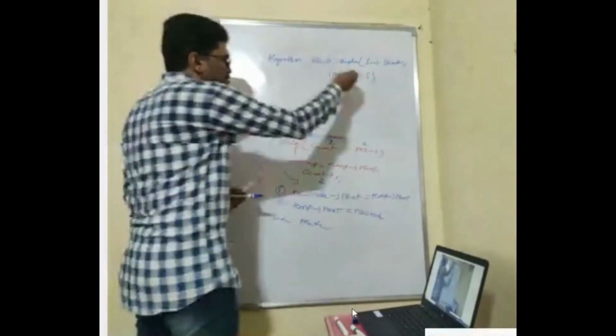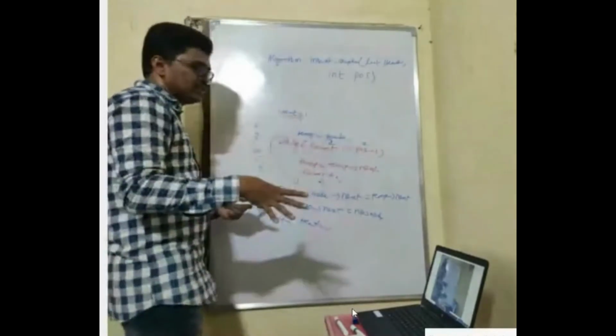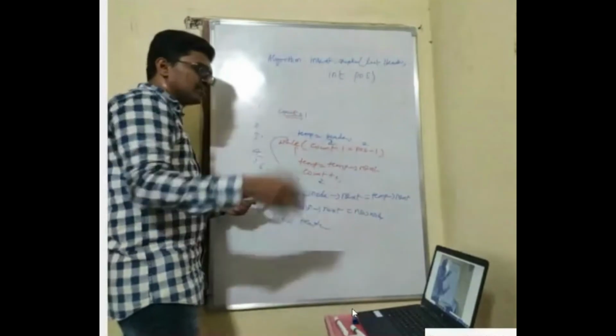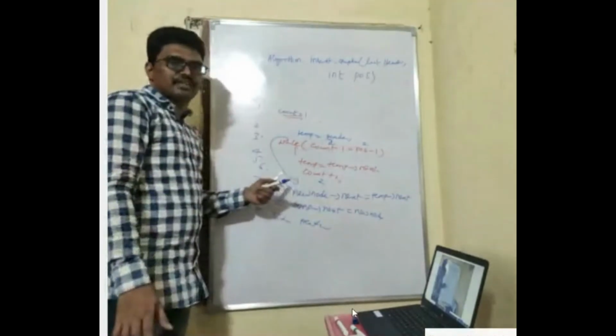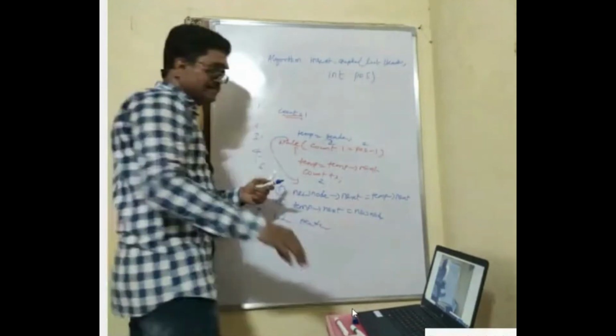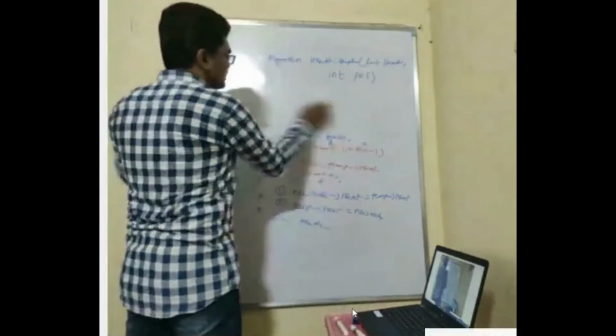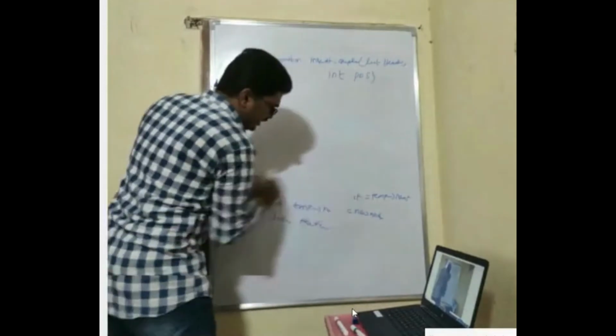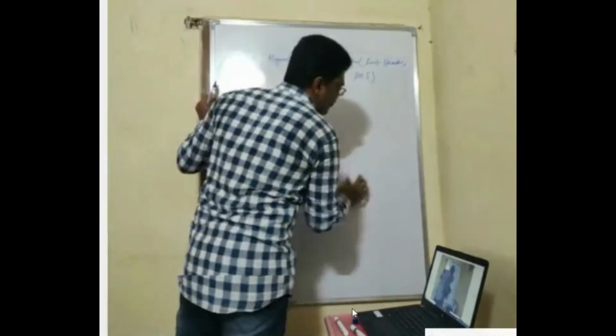Suppose the position is equal to 1, the first position only, where I want to insert. Then you can directly call the insertion at front end function. Instead of writing the code again, you directly call the insertion at front end method. Is it right? So this is about insert anywhere. We'll see about delete anywhere. Afterwards, we'll try to implement these functions.